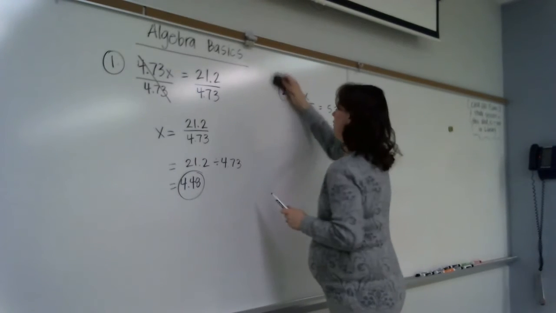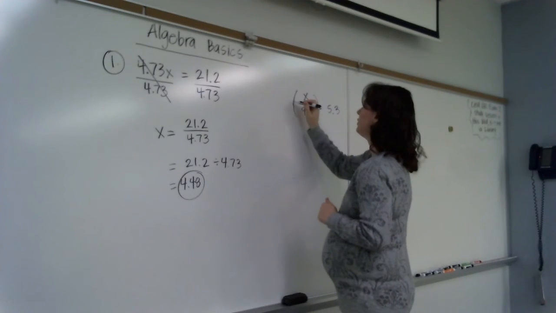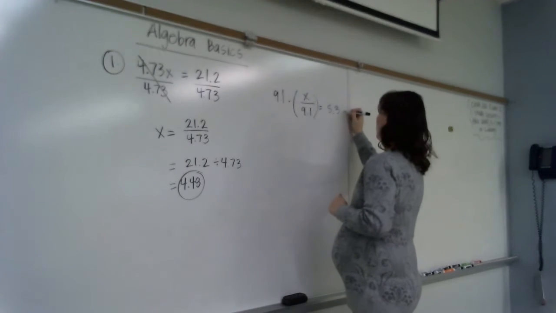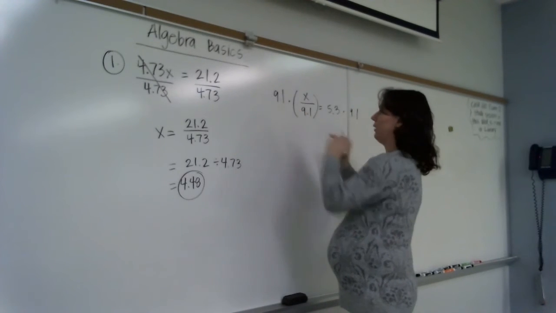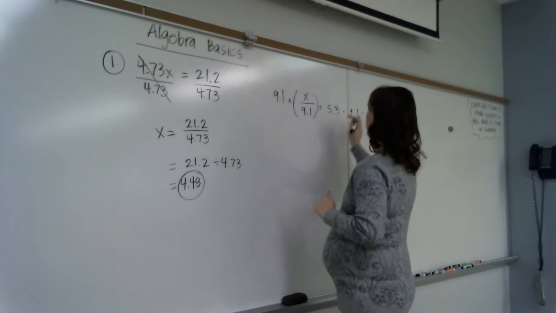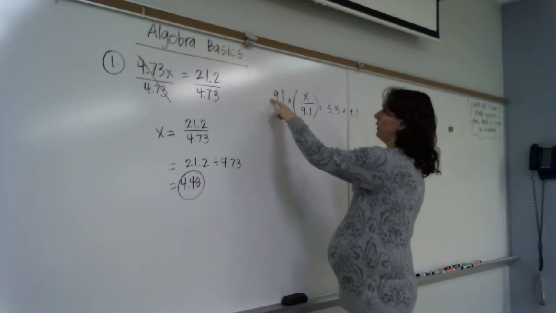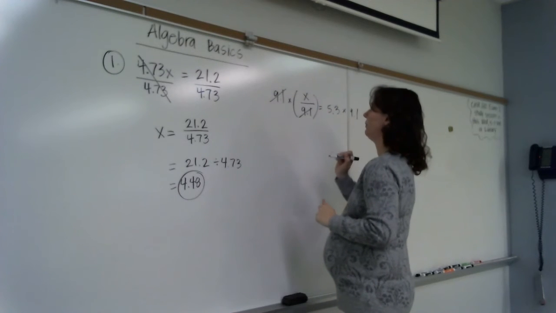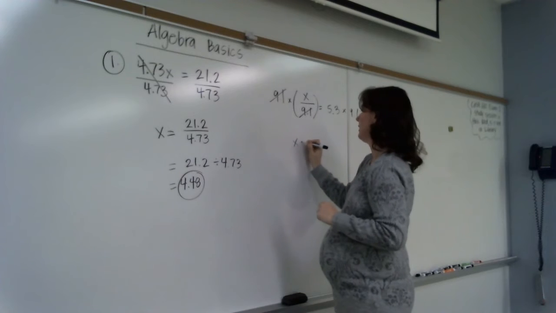So I'm going to give myself some more room here. If I multiply both sides by 9.1, right, that little dot just means multiplied by. If you don't like it, you can put times. 9.1 times x divided by 9.1, right, that cancels that out. Because remember, the goal is to get x by itself. So x equals